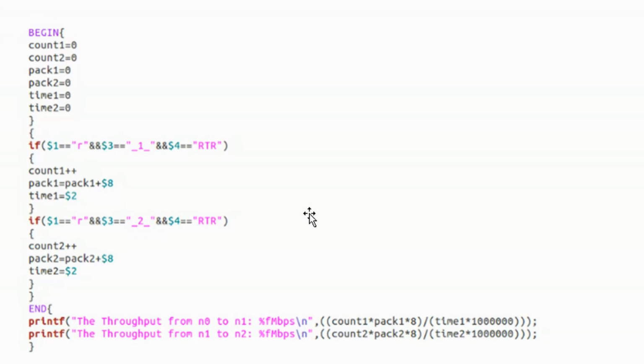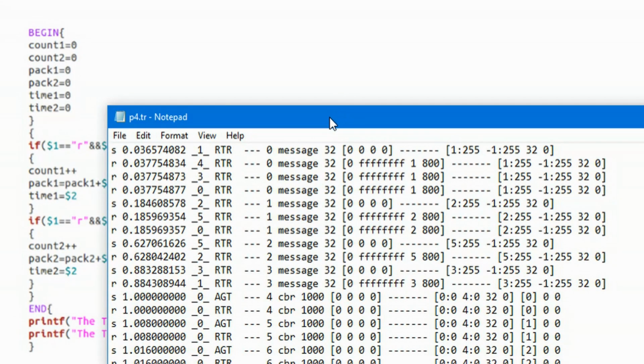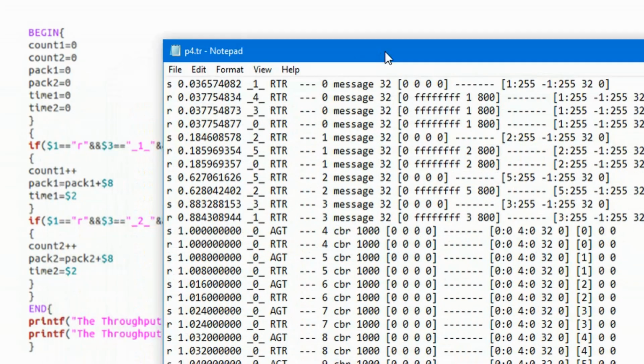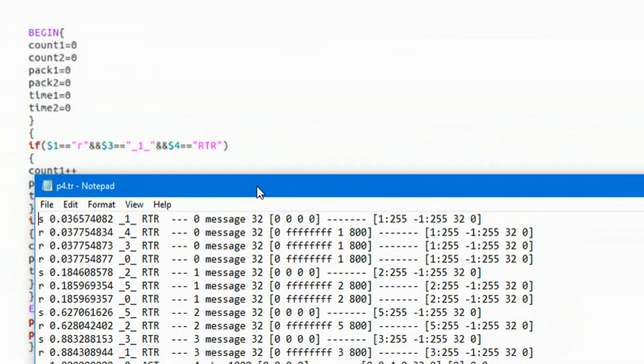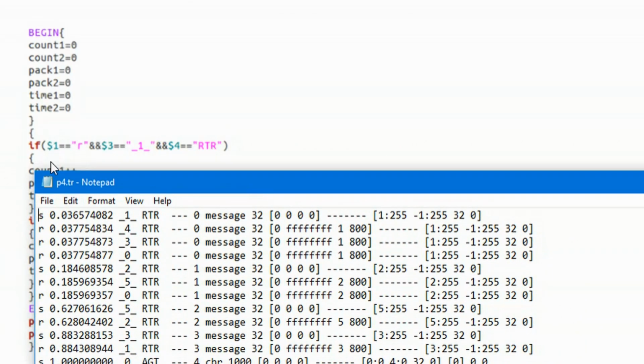For example, I have opened the trace file of program 4 which I have run previously. See what I am doing: $1 is my first column of the trace file. R means received, S means sent, and D means packet dropped, right? So R, wherever I have received it. And column 3, where is it?